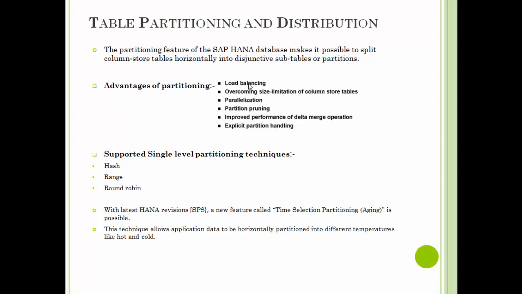Now that we have understood the advantages of having the partitioning feature, let's move on to understand what the different supported levels of partitioning techniques are. These are termed single level partitioning techniques. Firstly, hash partitioning. Hash partitioning is used to distribute rows to partitions equally for load balancing and so as to overcome the 2 billion row limitation for column based tables. So this is used to equally divide the load,